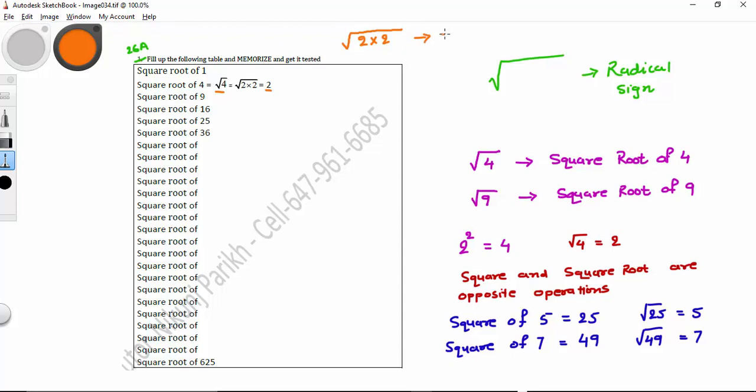So you get 2. So what have we done here? We found out the square root of 4 using a shortcut method, right? So if you have this kind of expression, you do not have to turn it into square root of 4 and then write 2. You can straight away write 2 from this expression. Got it? Similarly, if I have this expression, square root of 247 times 247.